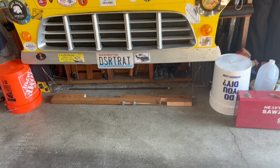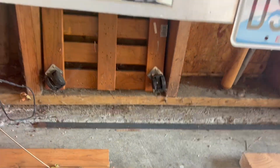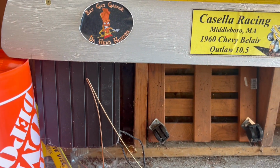All right, so I got my alignment gauge built here. They're pretty accurate, so I'm showing the third tread in on this one because this is so narrow on my